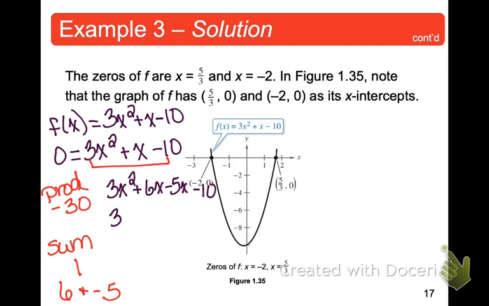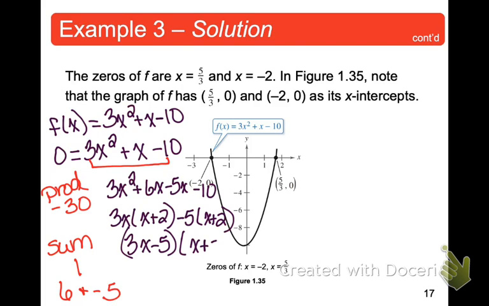3x goes into the first two. I'm left with x plus 2. Negative 5 goes into the second two, and I'm left with x plus 2. Okay. Now, factoring